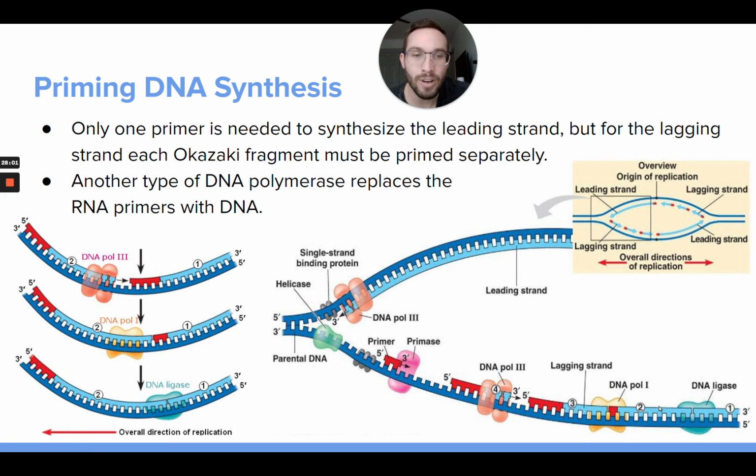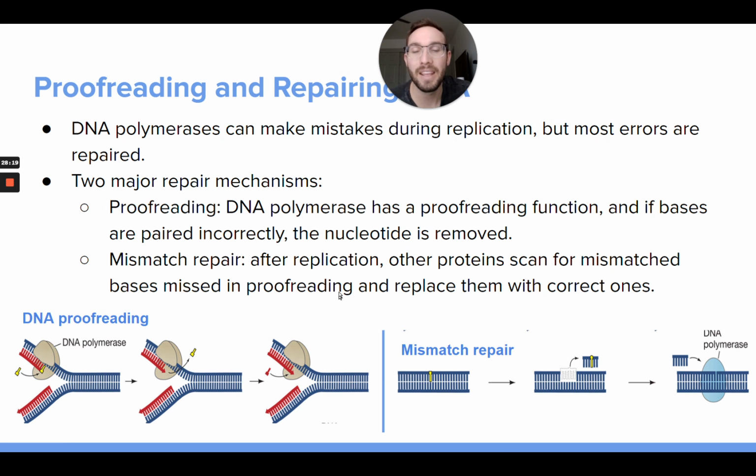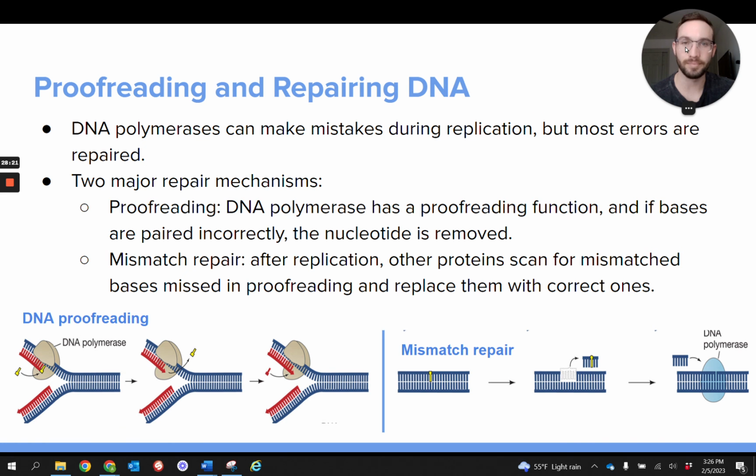So the lagging strand is a lot of work. And it's all because of DNA polymerase having to build in the 5' to 3' direction, which on one of these strands is going to be inconvenient because he's going to be going the opposite way, and he's going to have to do it in short pieces and then come back and build another short piece and then come back and build another short piece. And then lastly on these slides, it talks about